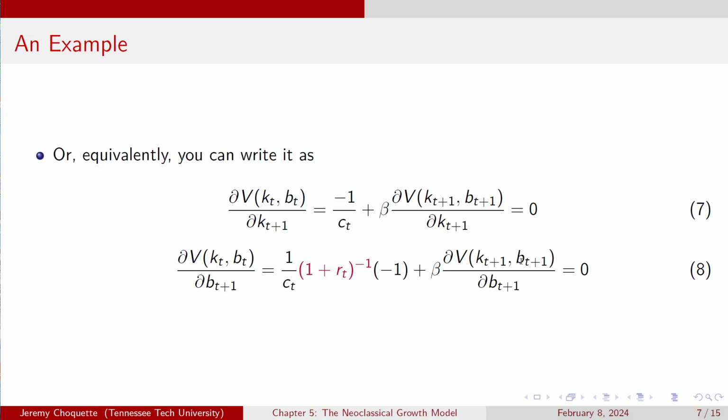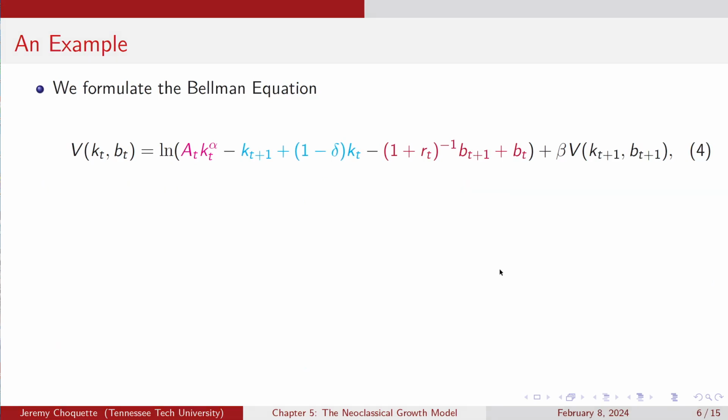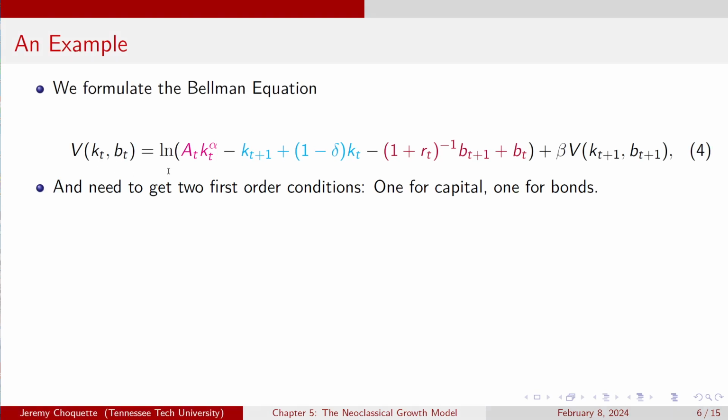This is right here. I need this. So I go back to my Bellman equation. I go back to this guy right here, equation 4. And I take the derivative of this guy with respect to b sub t. Well, there's only one b sub t, and it's right here, and it's not being multiplied by anything. So literally the derivative of v of kt and bt with respect to bt